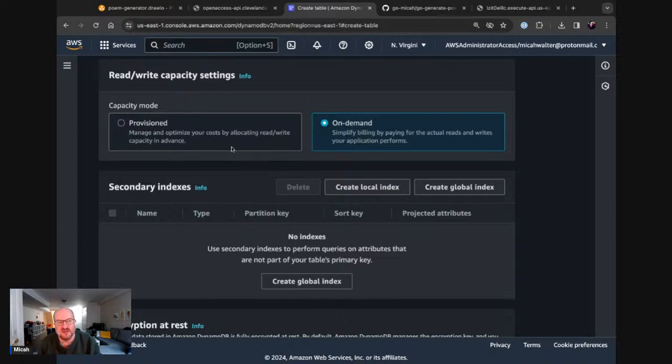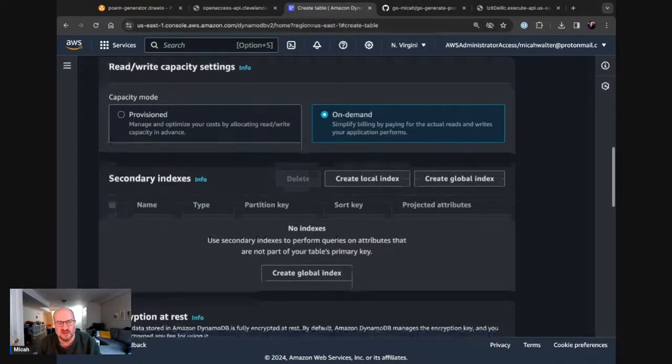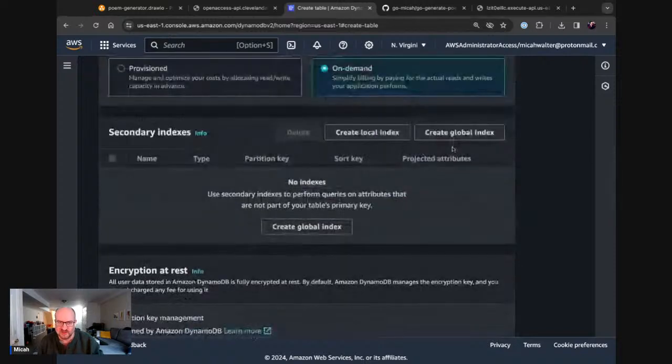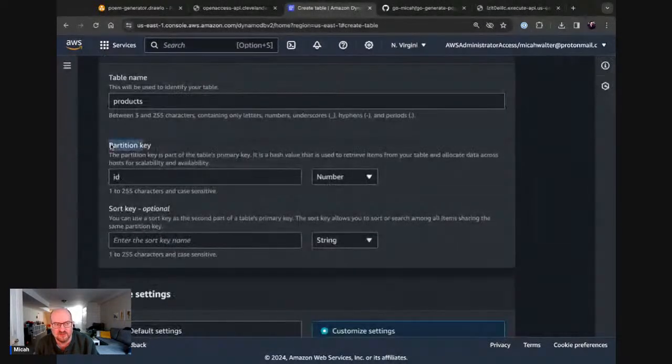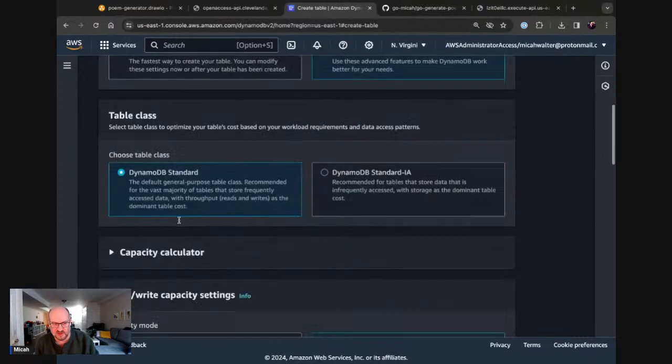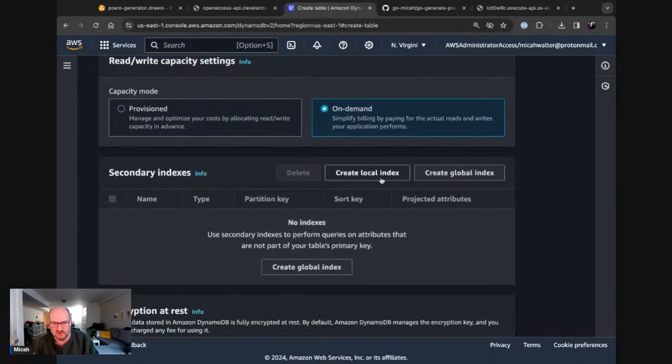And so then you'll see there are these different kinds of indexes. This is another important thing. This is kind of what we got tripped up on last time a little bit, and I'll explain why when we get there today. But there are two kinds of secondary indexes. In addition to this partition key that you've created, you can think of this as your primary index or your primary key. This is the thing that you can look up records by. You can create more. And there are two kinds, what's known as a local index and a global index.